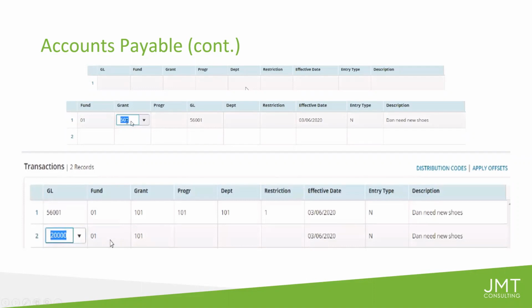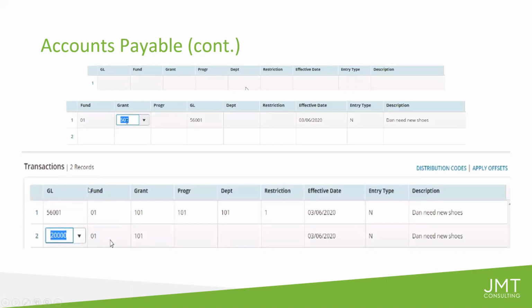You can see here in grant. Another shortcut we can use is to hard code the system. I can assign a specific code to the vendor instead of manually selecting the codes via the drop-down list, meaning I can assign grant 501 and GL code 57001 with vendor ABC, leaving it to me to fill in the gaps. In case you're wondering, yes, you can override the fields that have been auto-populated if you need to use a different grant or GL code. So if you want to make it a little more routine, go ahead and auto-populate it, hard-code it in the system, and then for those one-offs, just override it.